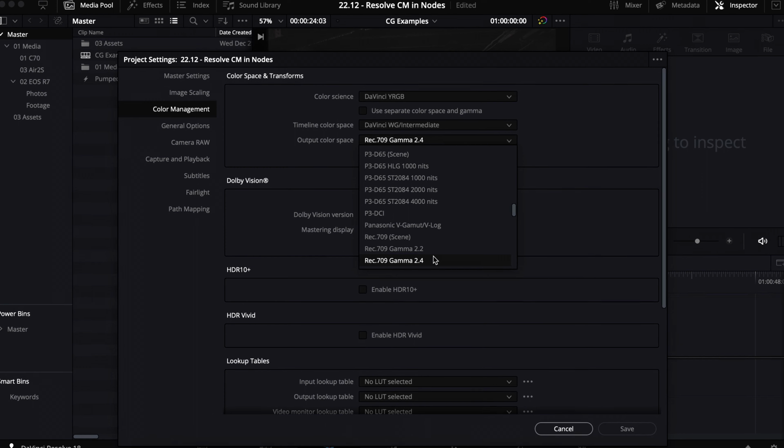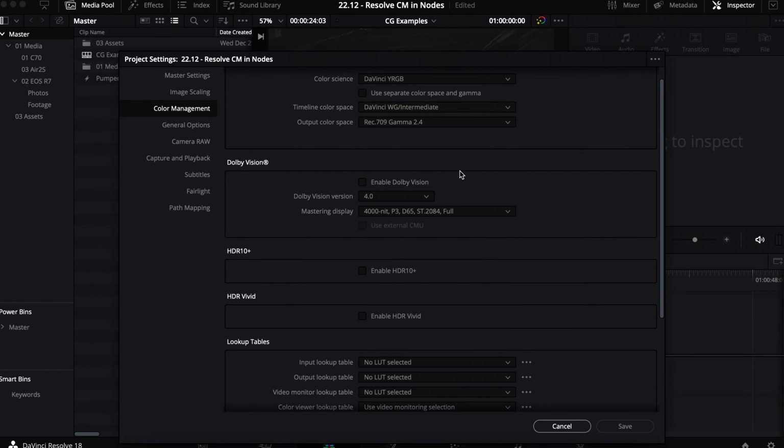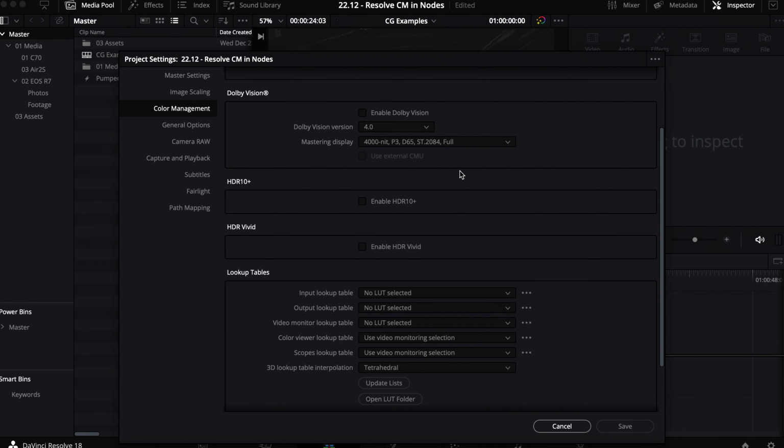Rec 709 Gamma 2.4. Set this based on the monitor that you are referencing or the monitor that you want to output for. So we're gonna choose Rec 709 Gamma 2.4 because that is still, as of today, the standard across the industry. That may be subject to change as monitors continue to get better, but for today's sake, Rec 709 Gamma 2.4. We're not doing any HDR grading today, so we don't need anything with the next three sections,